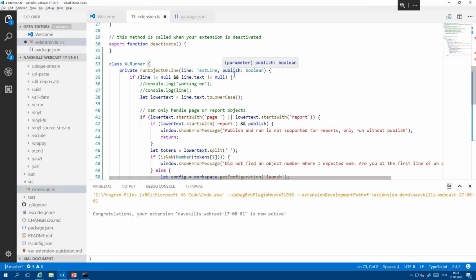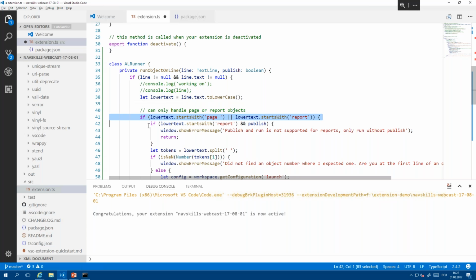With that publish parameter, we also define if we want to actually publish the Visual Studio Code or later on AL code to NAV and then run it, or if we just want to run the object itself. And what we're doing here is we're checking if we get anything in that line, then we are converting it to lowercase to make sure we don't have any case problems.